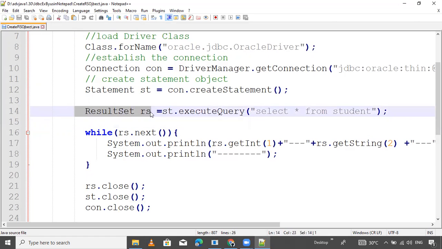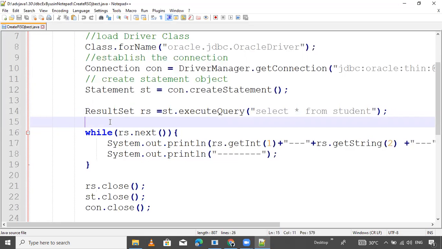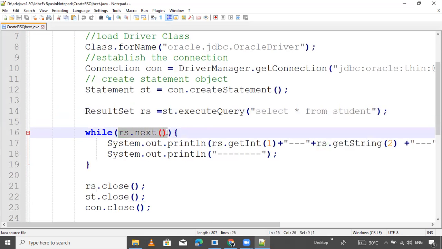The ResultSet object by default is scrollable in the forward direction only, so you can extract the data from it using the next method. I'm using a while loop with rs.next() which executes until it returns false.